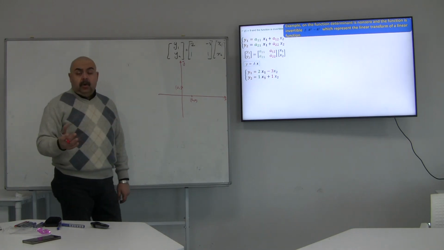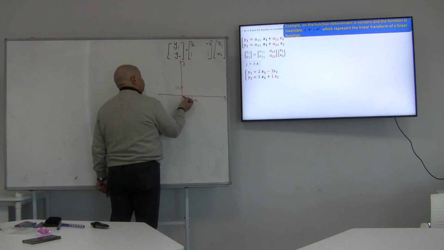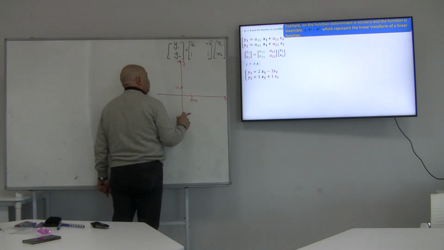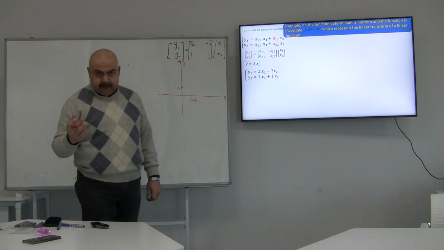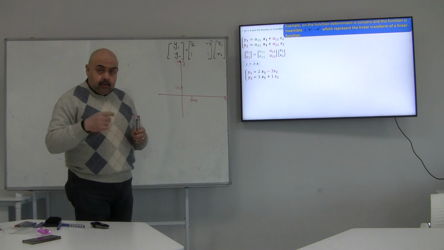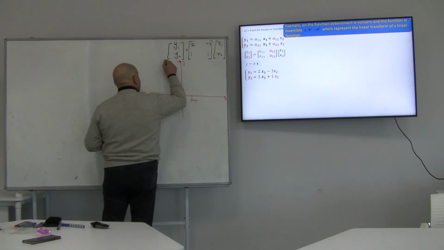The point 0, 1 is a point on the positive direction of the y-axis, and it determines the direction of the positive part. So if I want to show you how this linear transform works,